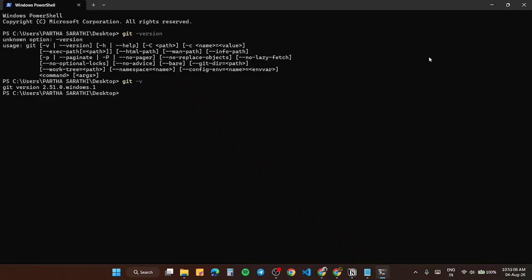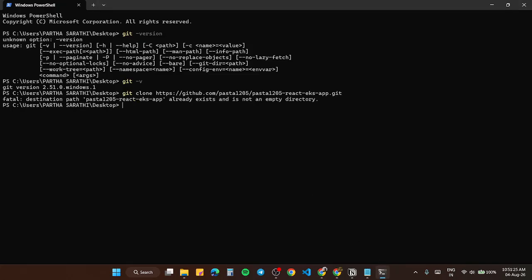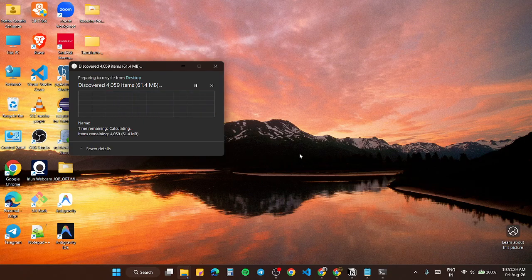Git is there. So let's git clone. Go to your Git and copy this URL. Oh, sorry, I have already installed it. I was doing the pipeline setup before, right? So if you did that,